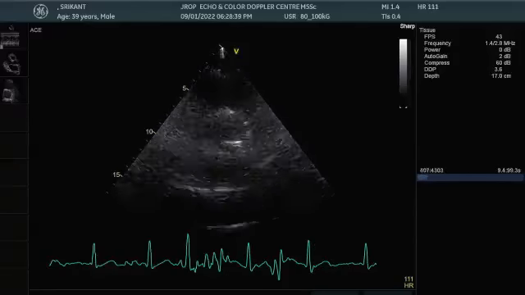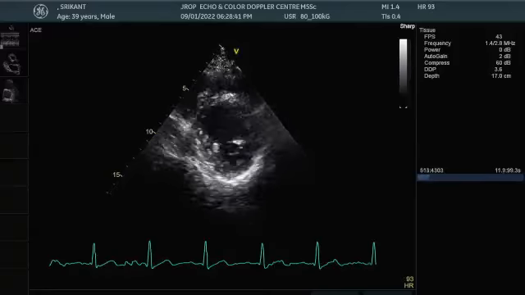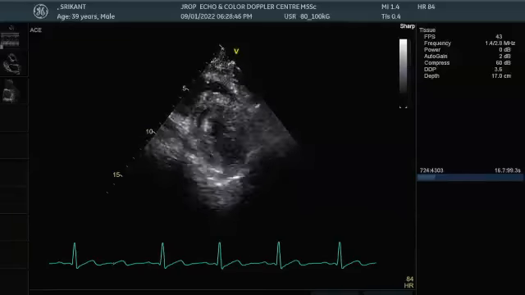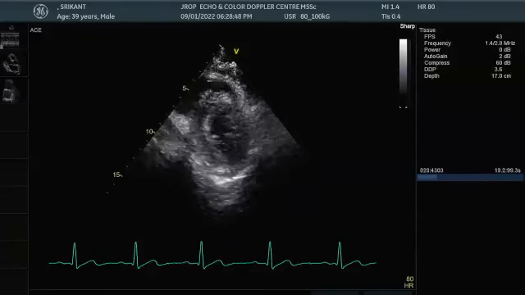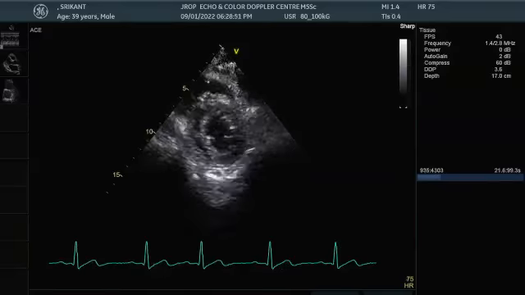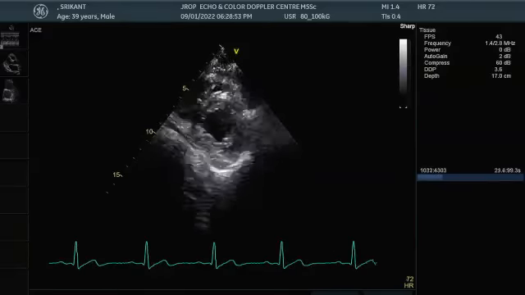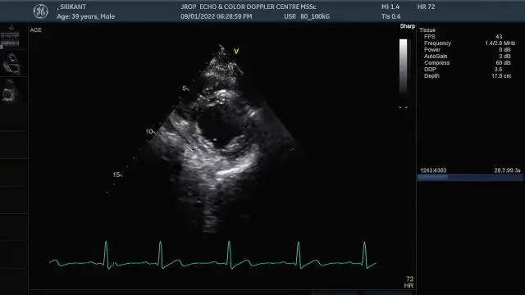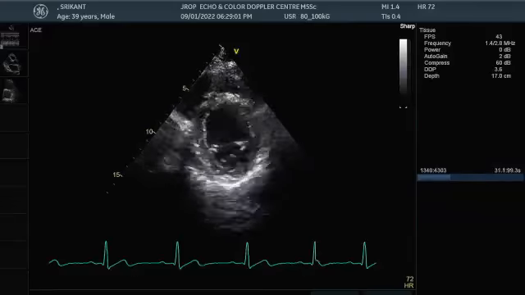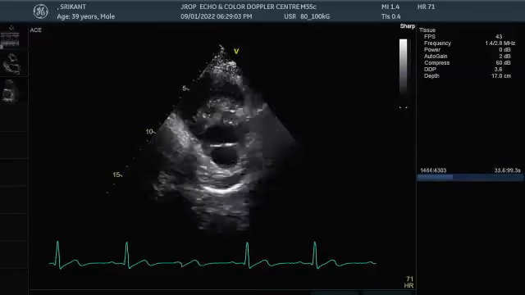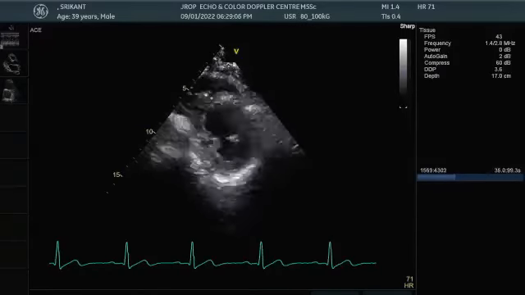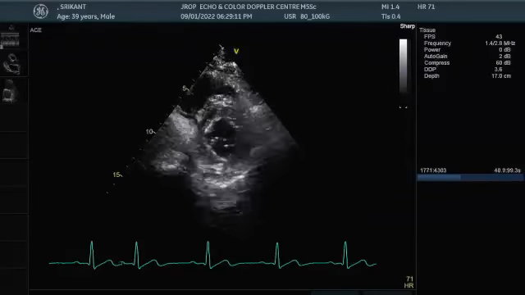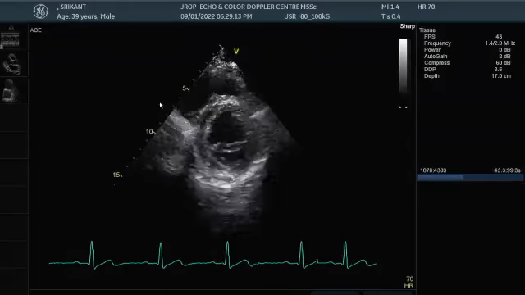Then the second important thing is, when I'm utilizing this subject, I'm getting 16 segments of the LV. These are the basal segments of the LV. Then come the mid segments at the level of the papillary muscles, and then comes the apex. So the apex has got 4, the papillary muscle level has got 6, and the basal has got 6. 6 plus 6 plus 4, 16.